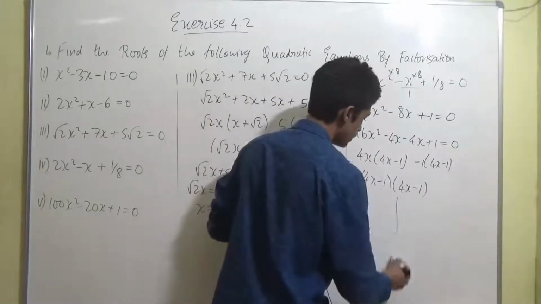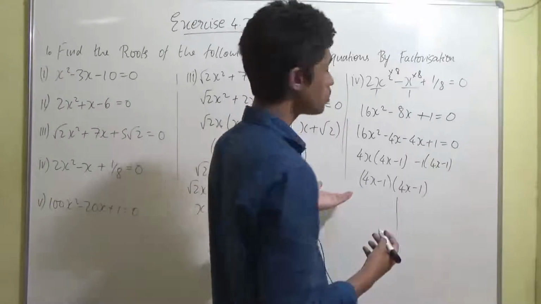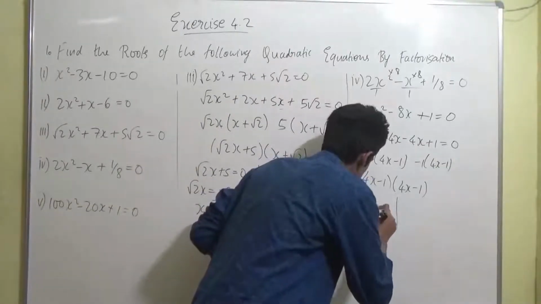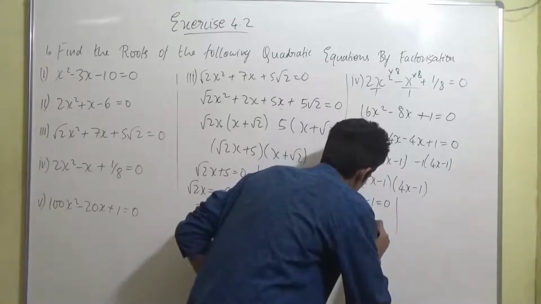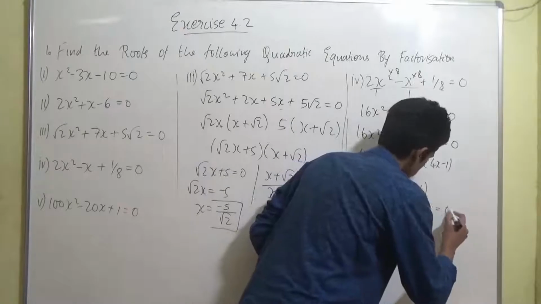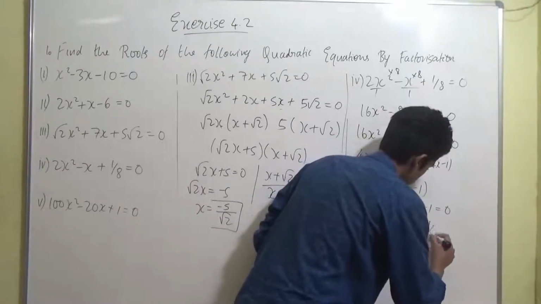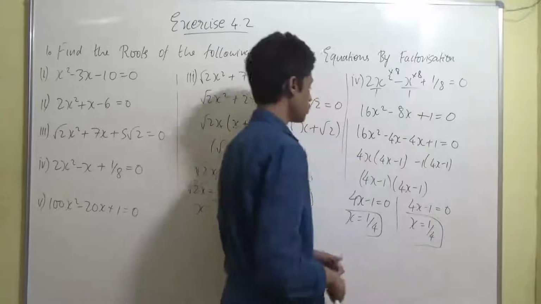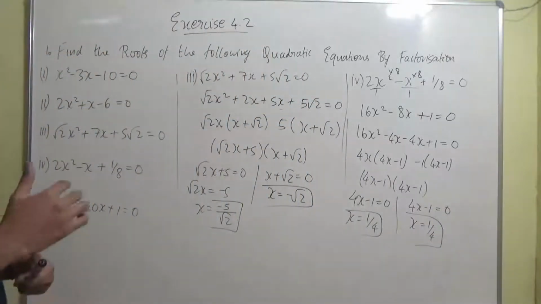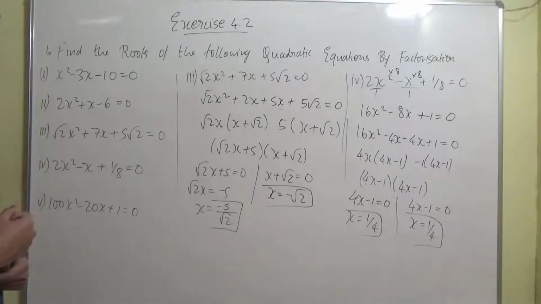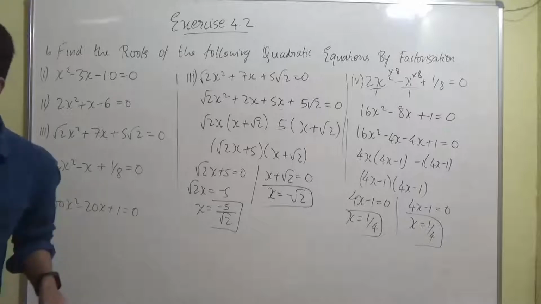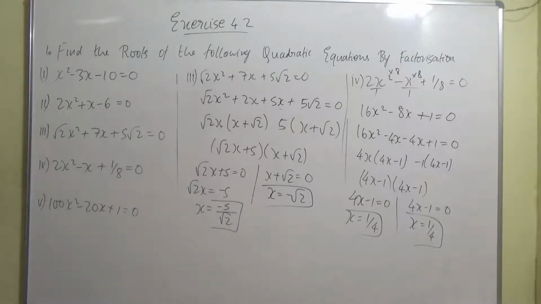Now you will equate both of them to 0. So 4x minus 1, you are going to get the same answer itself, equal to 0. So x becomes equal to 1 by 4. Here also 4x minus 1 equal to 0, x equal to 1 by 4. So this is the root of the equation, guys. So 1 by 4 is the root of sub question number 4, right? That's it, guys. Now you can take the screenshot of this. I'll rub the board. Done.